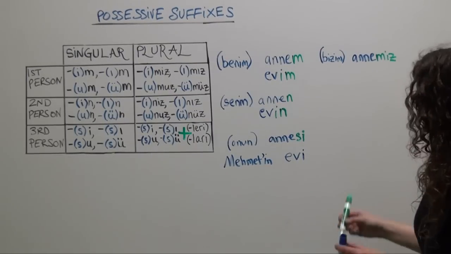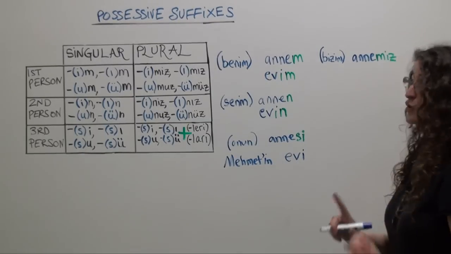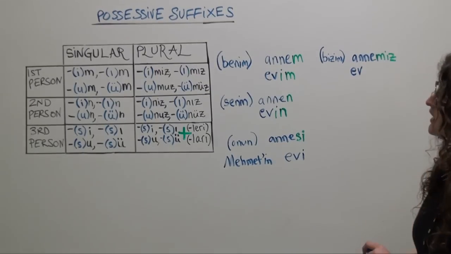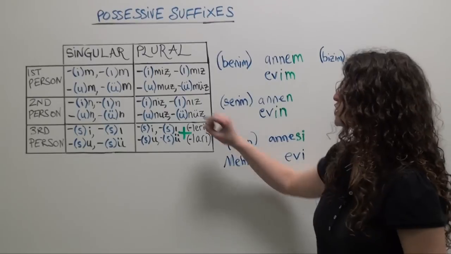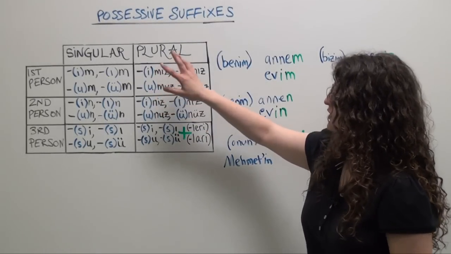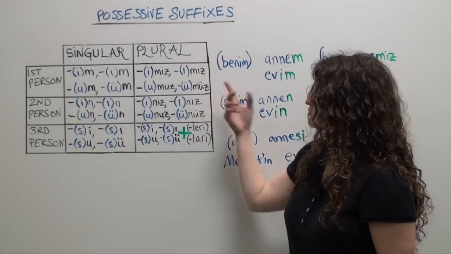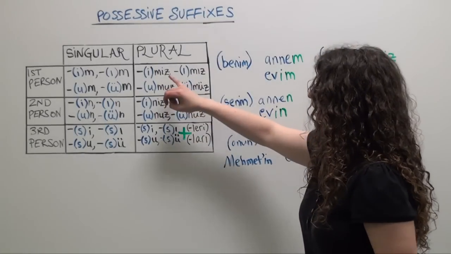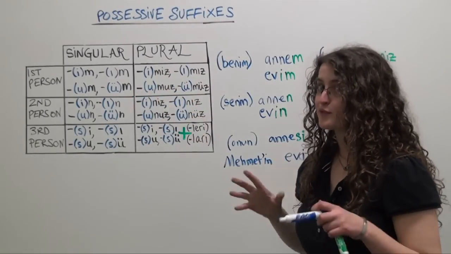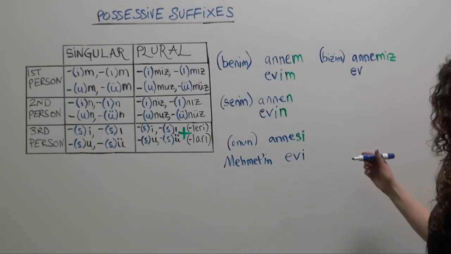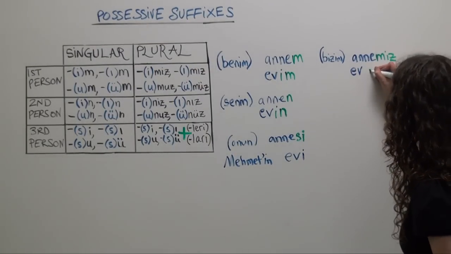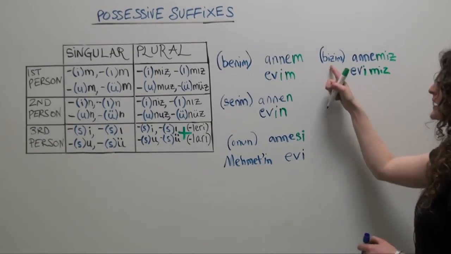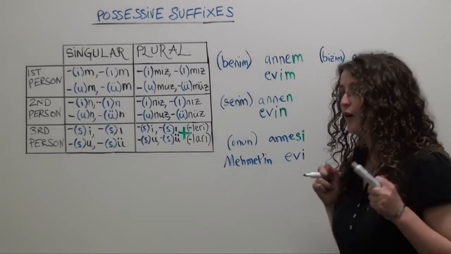Let's look at the second person plural. Oh, actually, before we move on to the second person plural, I want to show you how this is done with ev, which ends in a consonant. For ev, we're just going to, as we have before, choose the version of the possessive suffix that agrees best with the final vowel in ev, the only vowel in ev. And we are going to need to add in this buffer vowel because ev ends in a consonant. So ev, miz, we need our vowel, so evimiz, our house. And we can say bizim evimiz to emphasize it's our house.